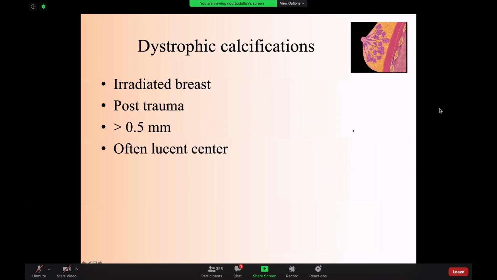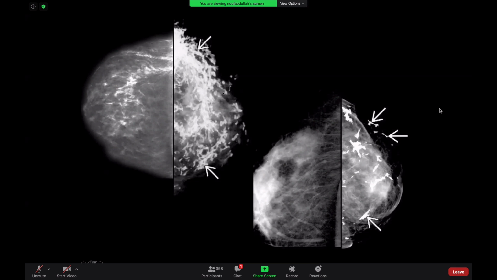These are BI-RADS 2. Dystrophic calcification, these happen in cases of previous trauma, previous radiation therapy. They're usually coarse. They have lucent center, look like that. So this patient had history of previous surgery or radiation therapy. These are benign. However, keep in mind, again, if you look at this, you can see that these are a little bit coarse heterogeneous. Coarse heterogeneous calcifications can be malignant, so you have to be very careful. You have to evaluate them carefully because they can be representing cancer. So this is something to keep in mind.